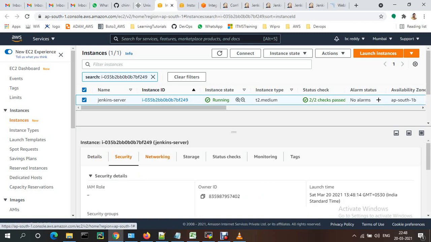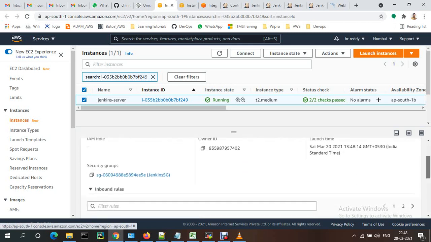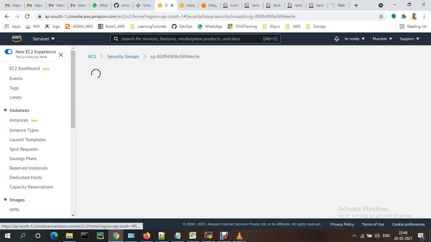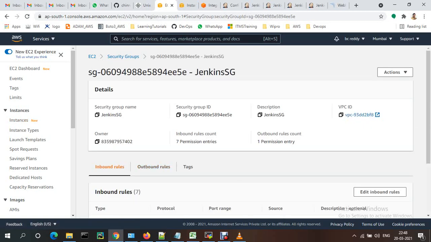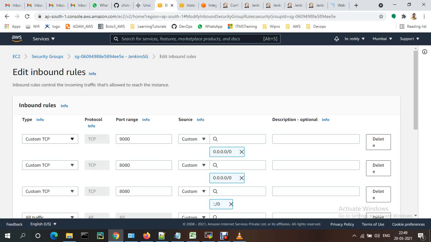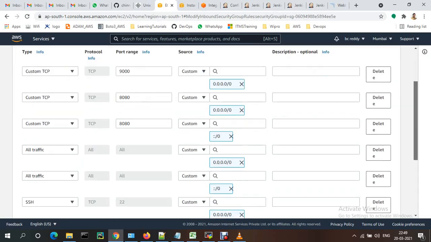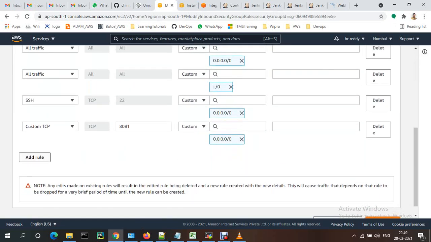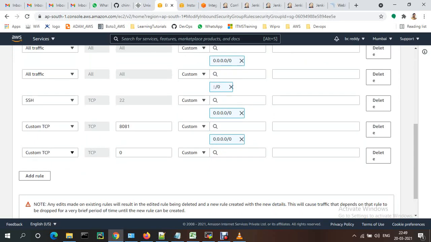Security groups, and incoming security groups, edit inbound rule, just adding a custom port. The IP should be anywhere or custom anything.